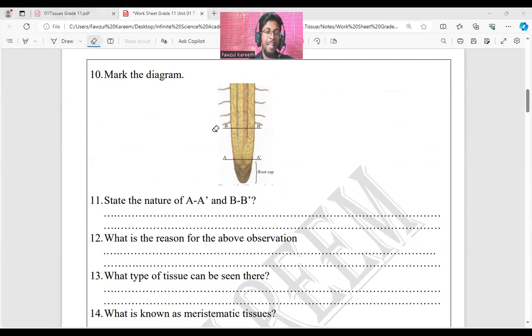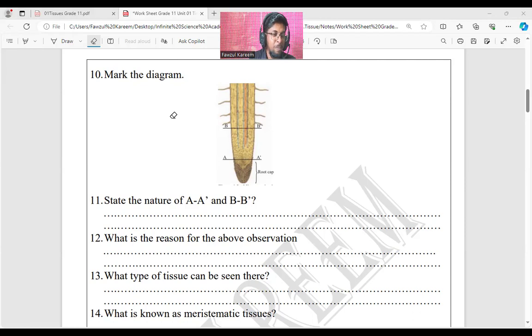Plant tissue. Okay, it is in plant tissue. Now think a little more carefully. I divided the tissue into two. Why am I showing this part? What is the reason? What is the target of mine? What is the reason for showing these images? To explain two types of tissues. What are those two?